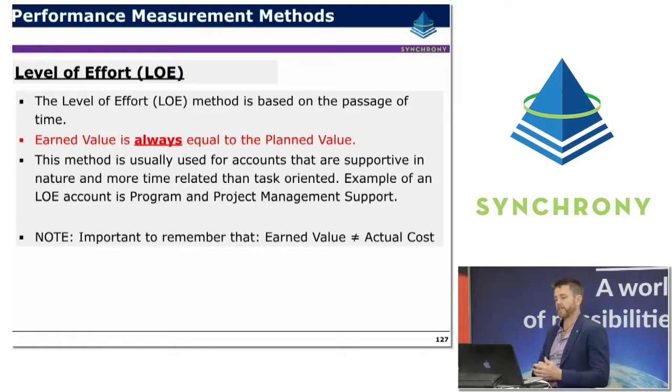A level of effort, this is the other rubbery one, and we tend to use this for some of those support activities that are time-based or independent of the amount of activity that might be happening on the direct project, but just tend to be a linear spread of time. Earned value is always equal to the planned value on these, so there'll never be a schedule variance with these activities, but there will be actual cost collection, so you can identify cost variances on these types of activities. So it's typically used on things such as program management or project control support for a project that's in delivery.